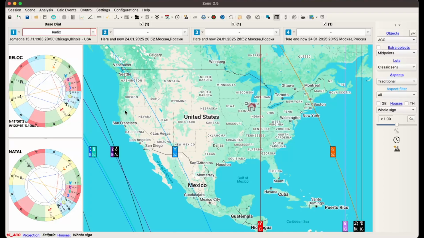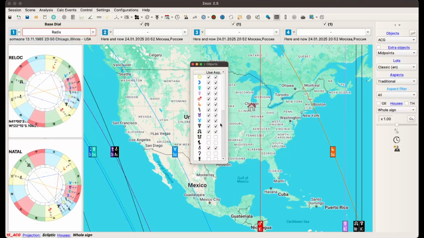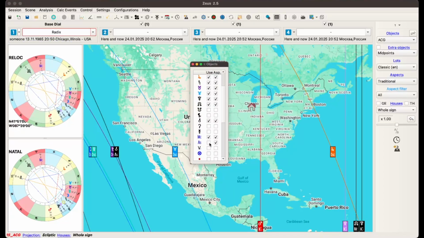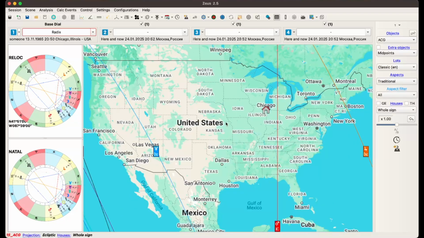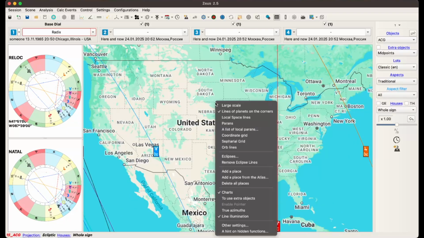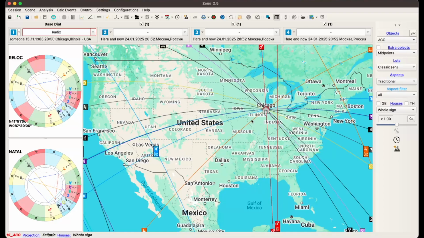And now I can see it updated. To see that more obviously, I'm going to turn the angles on under my objects for dial 1. So holding down Option, clicking, and dragging across the map to see how the angles move in different locations and the houses shifting. If I want to see local spacelines, I just right-click and select local spacelines to turn those